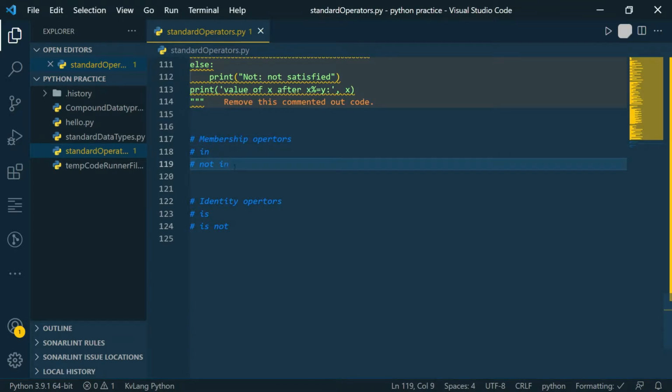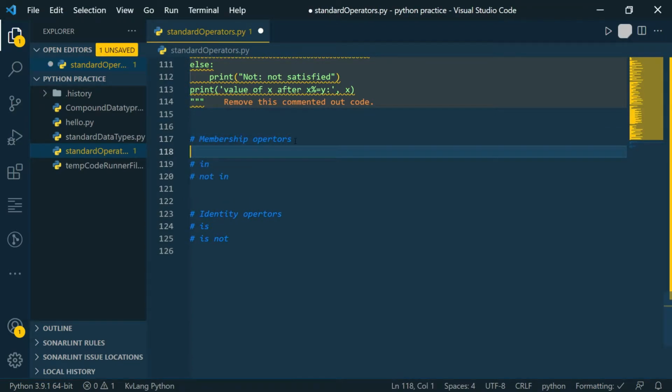Let's see this practically and see how membership operators actually work. Let's get started. We will just understand the basic working of membership operators in this video. We will also see practical applications of all the operators in separate videos, but we are not going to do it in this video. So we have two operators, in and not in. We'll use them. Let's just first create a sequence.